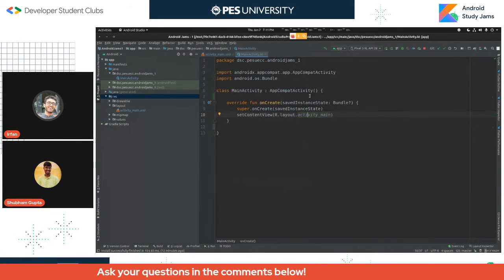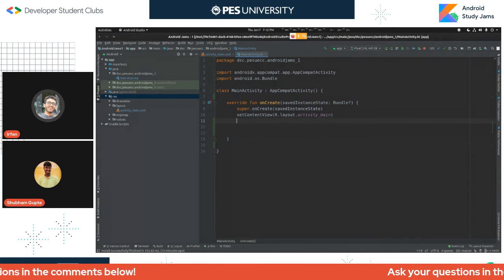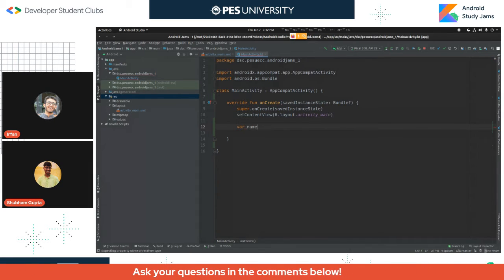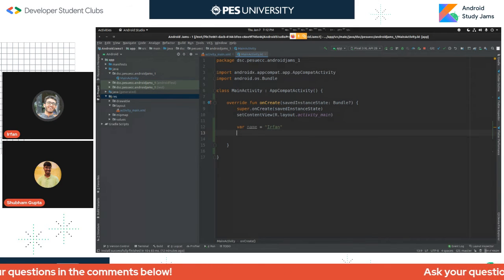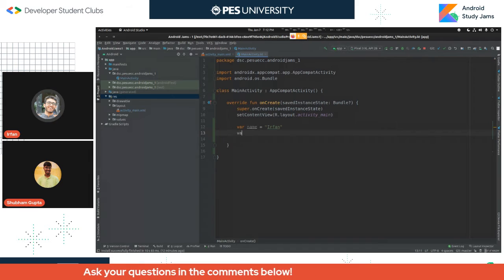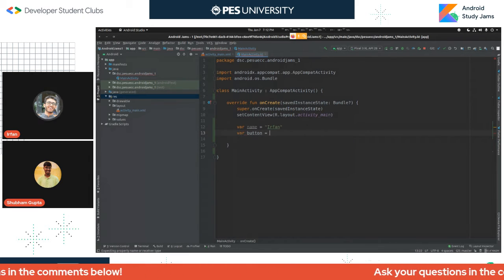And now I want that click interface to happen, right? So in order to do that, the first thing is I need to be able to store my name. So let's just create a variable and store my name. So name could be, let's save it as, yeah. So my name saved here. Now the next thing is I want to know when the button is pressed. In order to do that, I need to create a button variable. So for that, we'll have var button is equal to